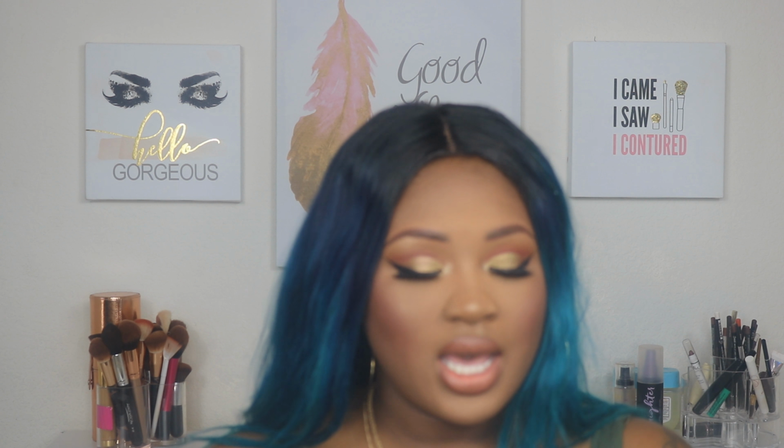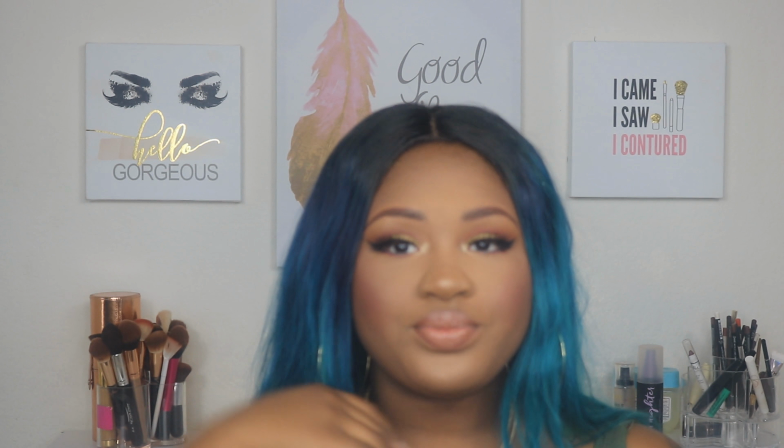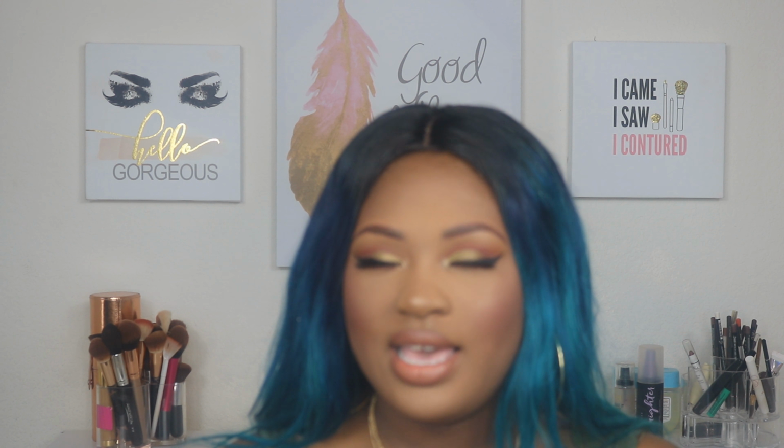Get your life together. The next concealer is something I just tried out, but I've been loving, is the Makeup Revolution Conceal and Define Concealer, and I have it in the shade C13. And that's real good. Like, it dries down, but it doesn't dry down to the point where you can't blend it out. It dries down like just enough that it gets a little tacky, and then once you blend it out,